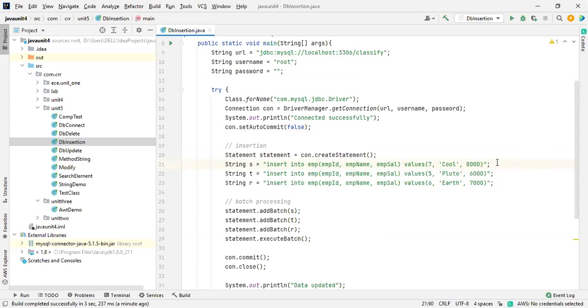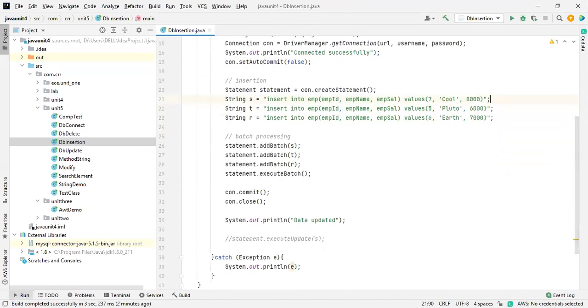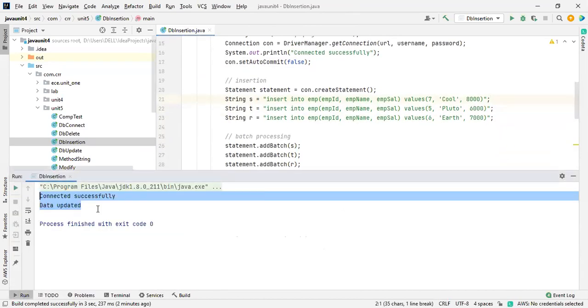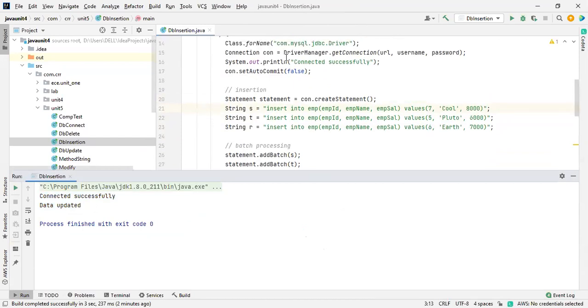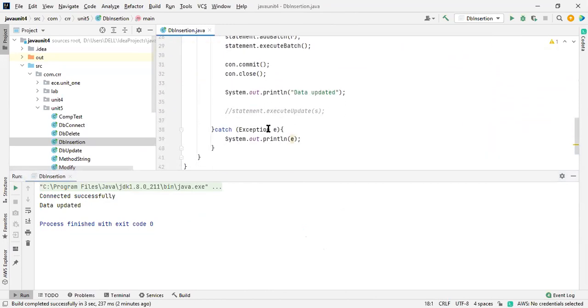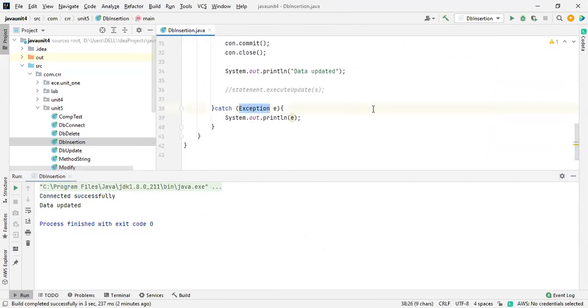Okay, the error is why we got this data over here: we got an error here. This is the runtime exception. Previously, we didn't use the set auto commit, so this statement has been executed and then the exception has been thrown here. It is caught by the exception, so that is why we are having a duplicate response.